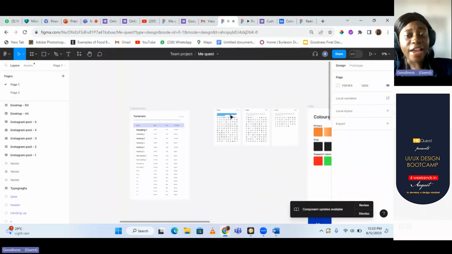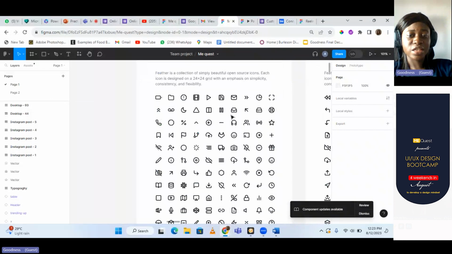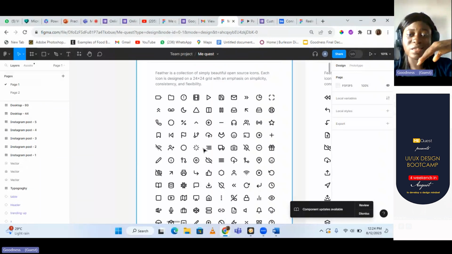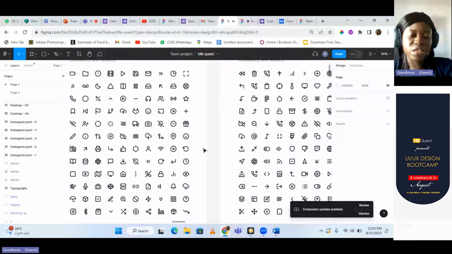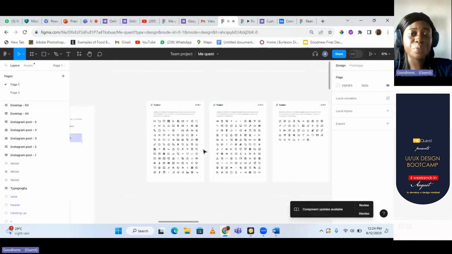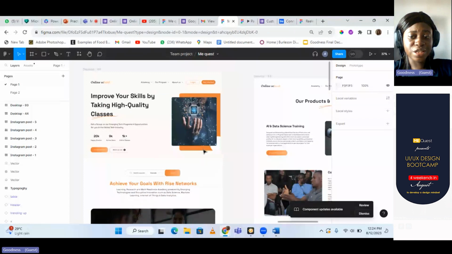And you can use icon packs. Most times I use Feather icons. All these are consistent across everything. They're using the stroke kind of icon, right? Not the filled icon. So if you want to use the filled icon, you want to make sure that you're using it across all of your design. And if you're using something like this, you want to make sure that it is consistent across all of your designs as well. So if you're using images in your design,